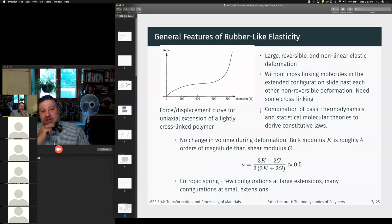And so we can actually take some very basic thermodynamic considerations and get an understanding of what's happening here, right? One of the first observations is that unlike in metals or ceramics, there's no really observed change in volume during deformation, right? During an elastic stretch, the volume stays the same. And so that means that the Poisson's ratio has to be about 0.5, right? Or the bulk modulus is really about 4 orders of magnitude greater than the shear modulus, right? Meaning I need to put a huge pressure on a block of rubber to change the